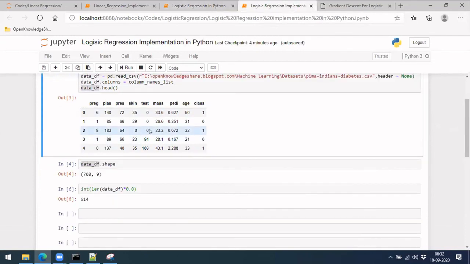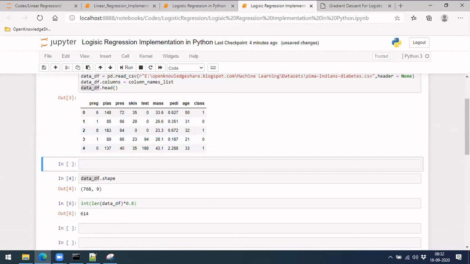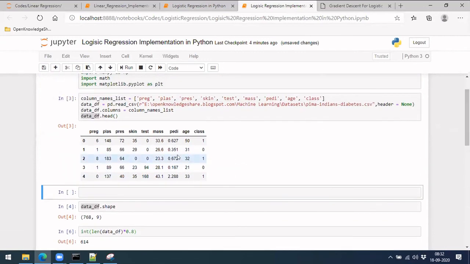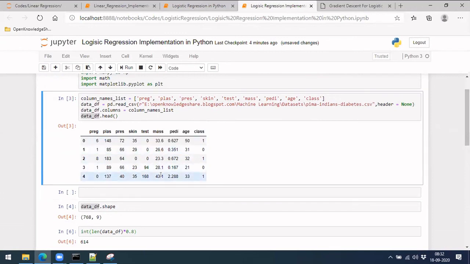For simplicity, let's not take all the parameters at the moment. For our implementation purpose, let's take only one feature. We know how to extend from one feature to many features. So initially let's try with only a single feature and single output. Let's take x as having one variable.